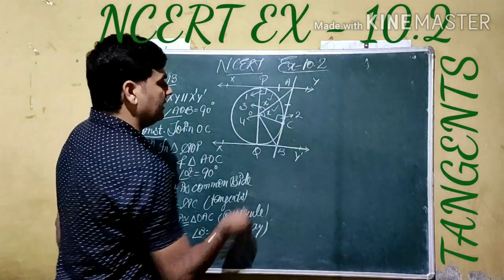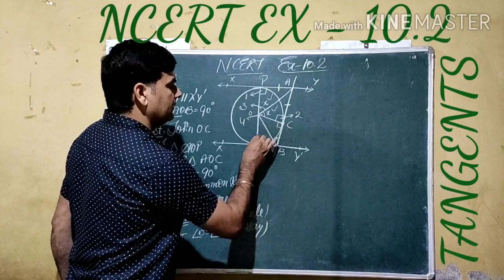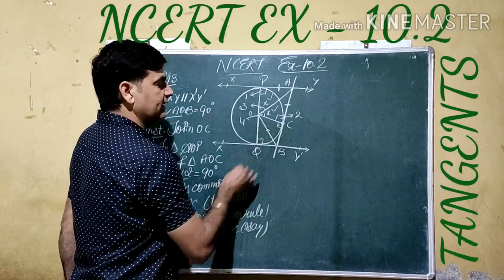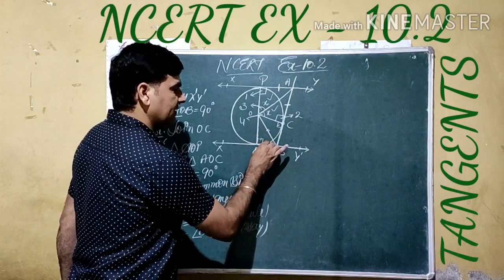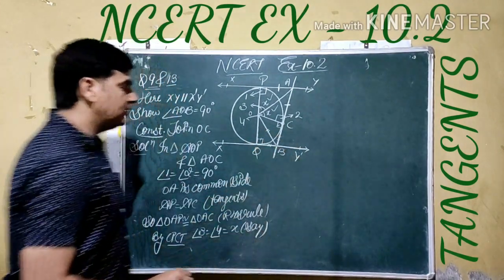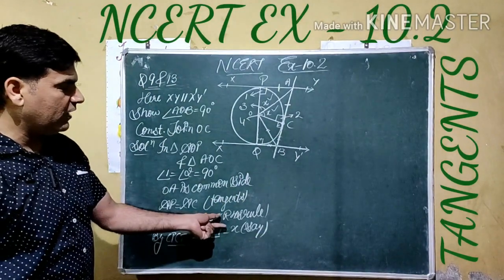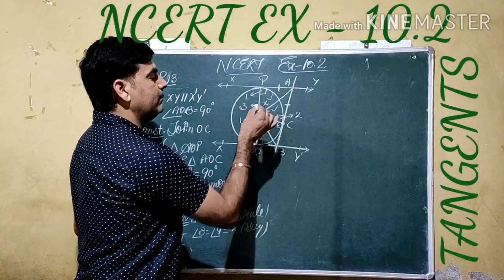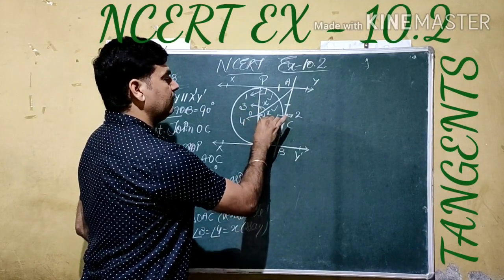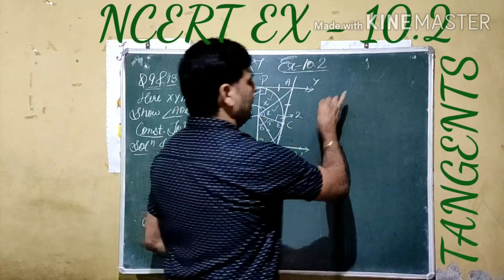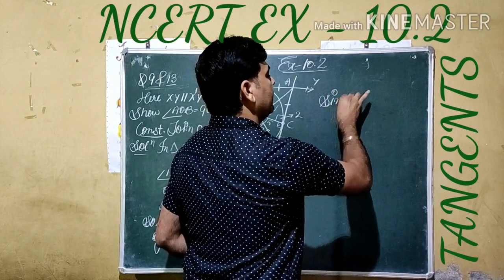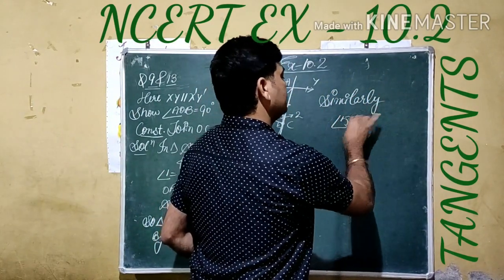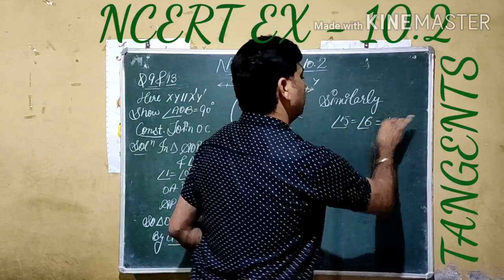Similarly, if we see on the other side, this angle is 90, this is also 90. One of the components is equal, this is the common side, and these are tangents from B. Means we are going to use the same concept of RHS rule. It means these two angles are also the same. We are giving the names 5 and 6. So we mention here, similarly, angle 5 is equal to angle 6. We are giving the name Y each.